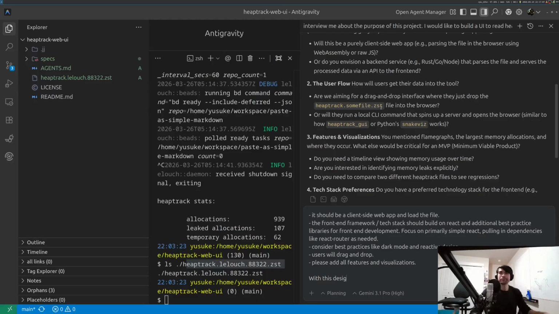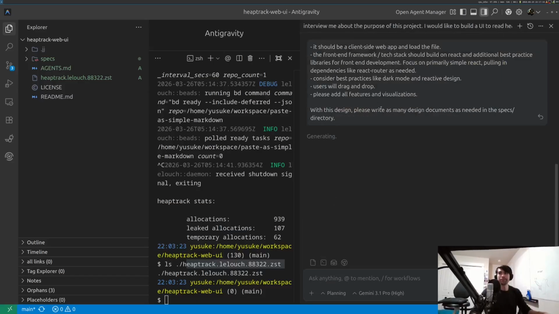So please write as many specs, as many design documents as needed in the specs directory. So with that,